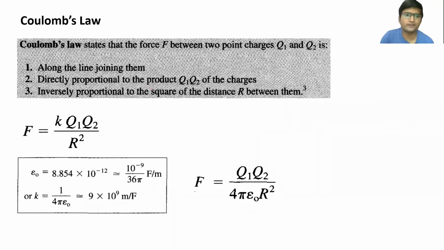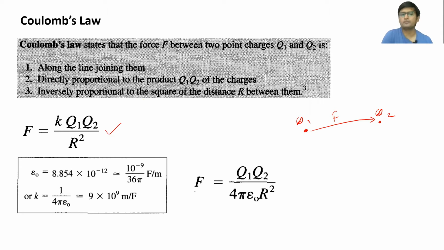One thing I should mention is that Coulomb's law is an experimental law. Coulomb found experimentally the force between two charges, and this is the formula given by Coulomb's law. It says that if there are two charges, q1 and q2, then the force exerted by q1 on the charge q2, let me call it F, will be given by this formula. So what are the main points of this formula?